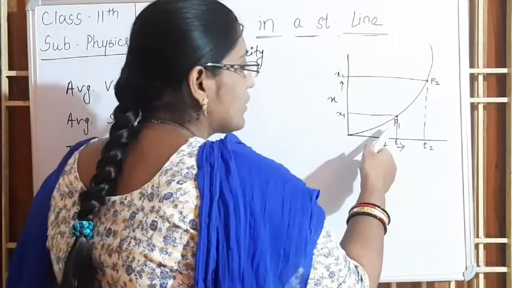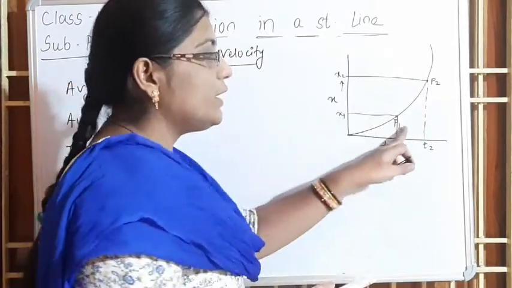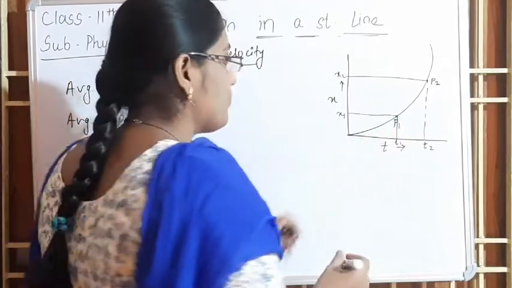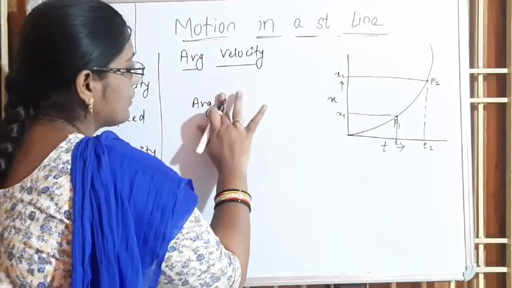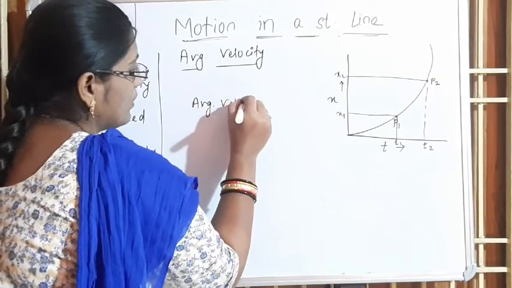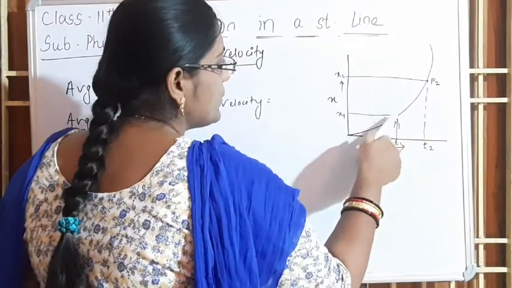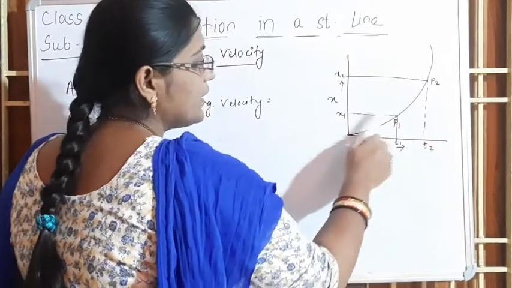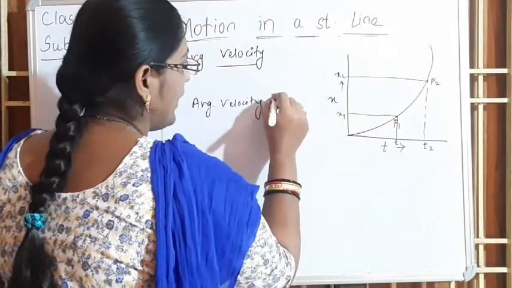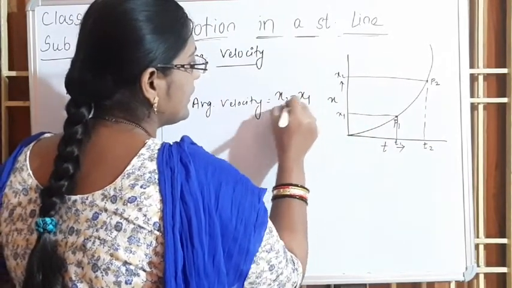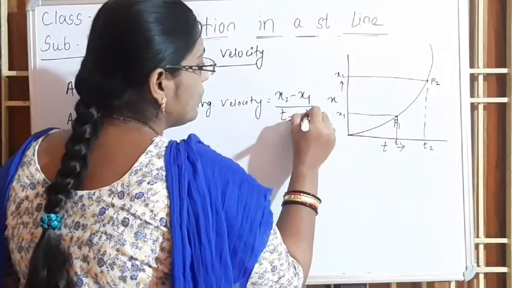Now the slope of the curve P1 P2 will give us the average velocity, that is, average velocity is equal to the displacement x2 minus x1 by t2 minus t1,